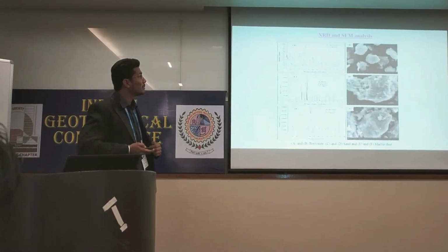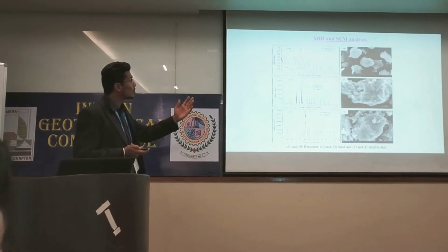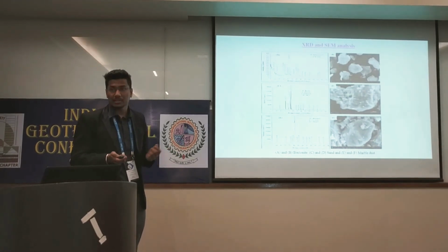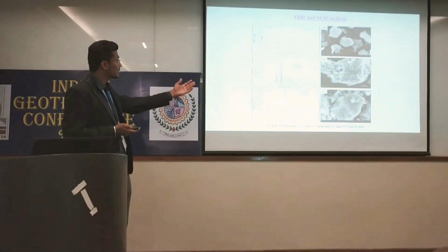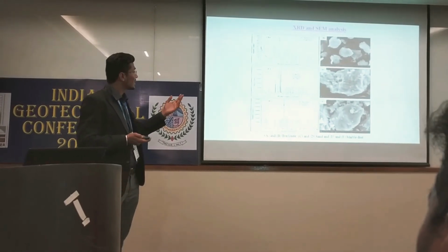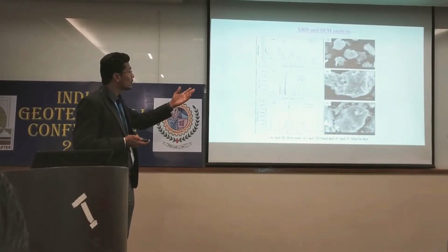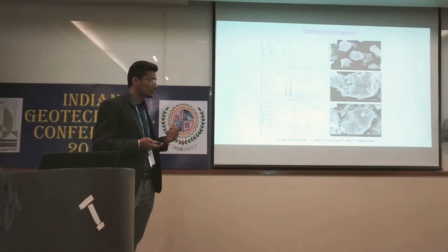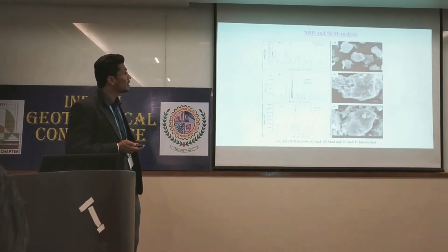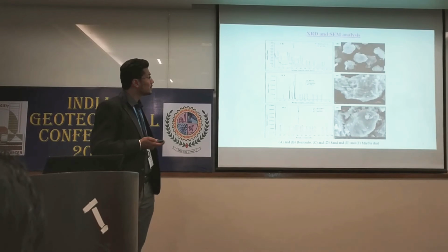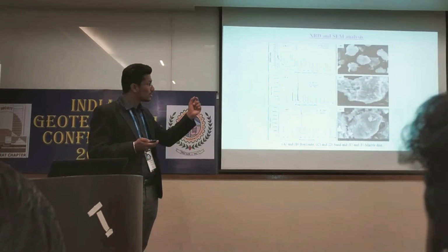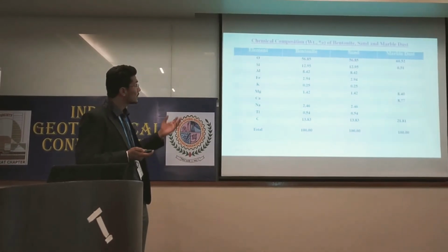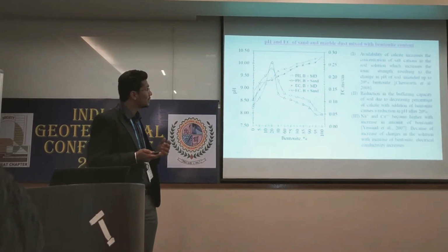This is the XRD and SEM analysis of three materials, which shows that the bentonite contains the montmorillonite, which is responsible for the swelling of the material, whereas the XRD of sand, which is the graph number C, shows that it contains the quartz mineral, as well as the marble dust, which shows the dolomite and calcite mineral. The SEM image of the bentonite shows the rounded particle, where the SEM image of sand shows the cavities and crystalline nature. Further, the marble dust image shows the irregular particle size. This is the chemical composition of all the elements.